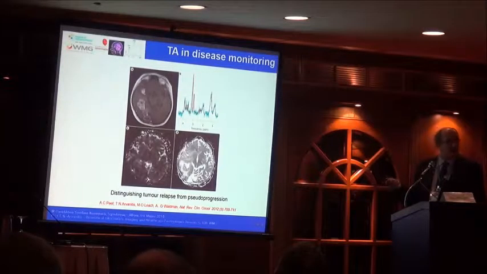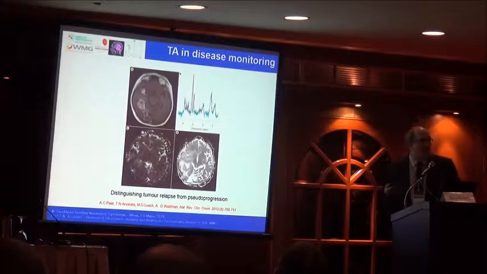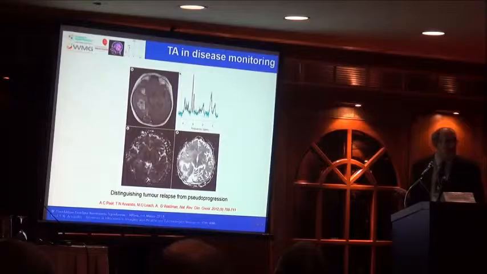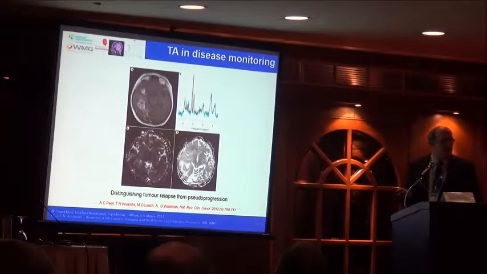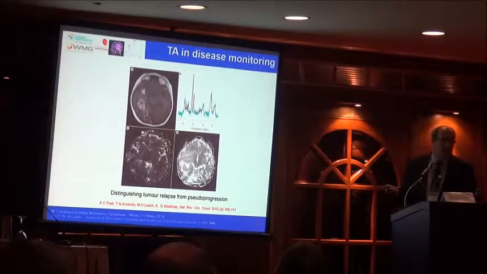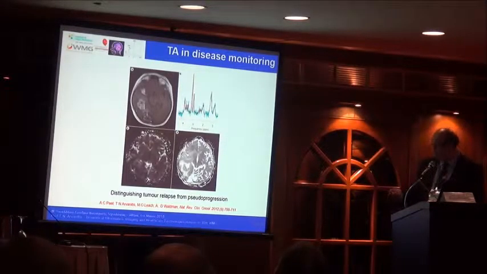Now, we have done this visually. We started doing this experiment with texture analysis, and our accuracy has improved quite a lot. Again, in that range, up to 80%. So it is very, very important in these cases where radiologists and oncologists have to make a decision: to go back to more aggressive chemotherapy, radiotherapy, or is this something that I should not worry about? Is it just pseudo-progression, or in the case of bad news, or is it something that says that everything's okay? So that's very, very important.